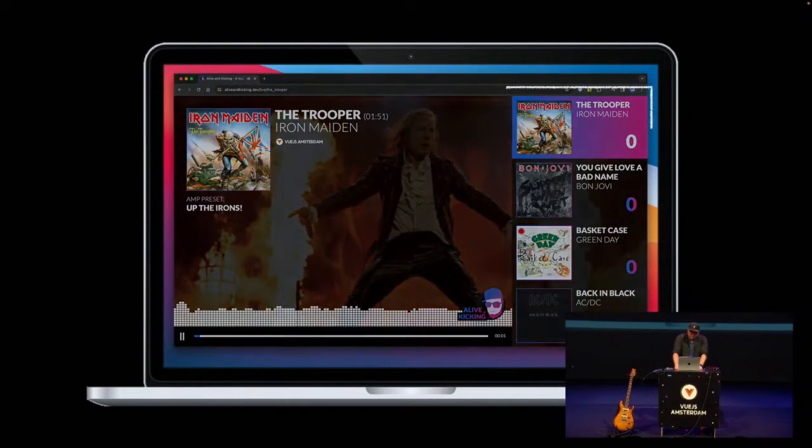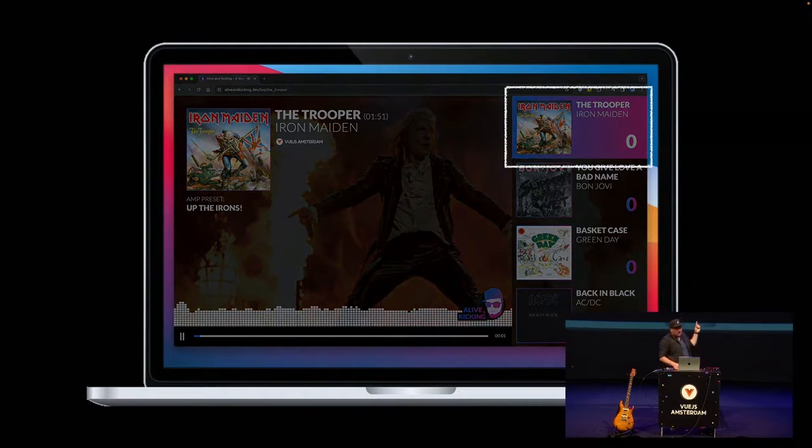So you can see, of course, here on the left top, that's where you see what song is playing, all the votes, all the things, and then it will automatically go to the next one. And I've had to hack that one, because if I want to play the next one and I need to refresh the browser, I'm going to do a click with JavaScript, because it needs a user interaction to do autoplay for the song. So there's lots of little tweaks in there that I had to do.